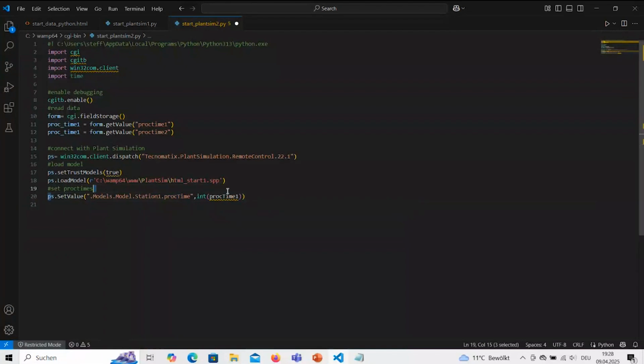And this I want to make also for the second station. And this is proc time 2.